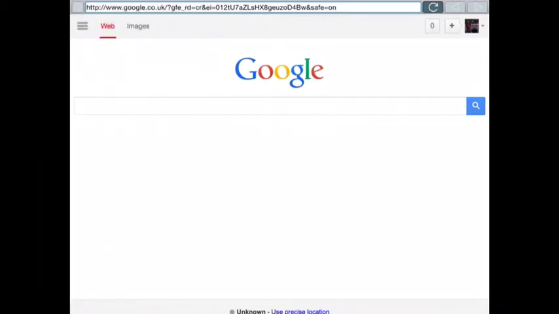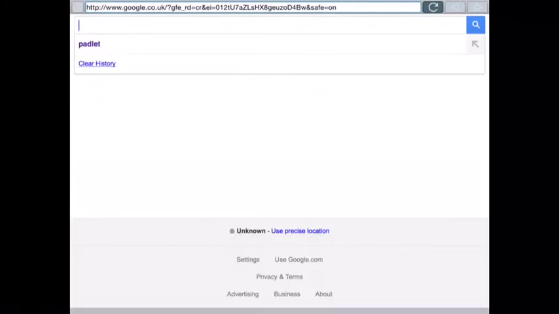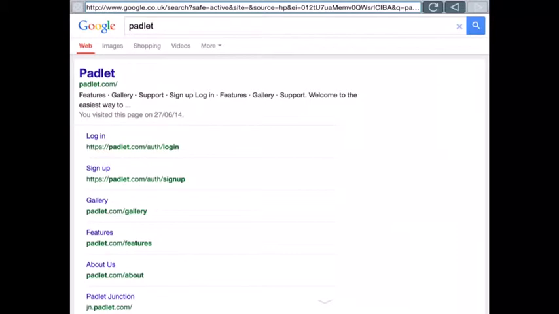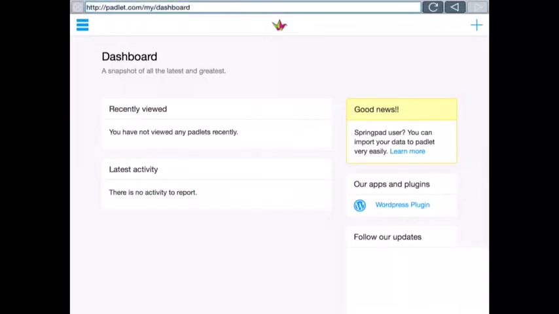So today I'm going to have a little look about how we can use a website called Padlet in the classroom. So I'm just going to search for Padlet here. And although it's called Padlet, that doesn't relate it to iPads or anything, it's just the name. Okay, now I'm going to click on the link there, padlet.com, and that's going to take me straight through to